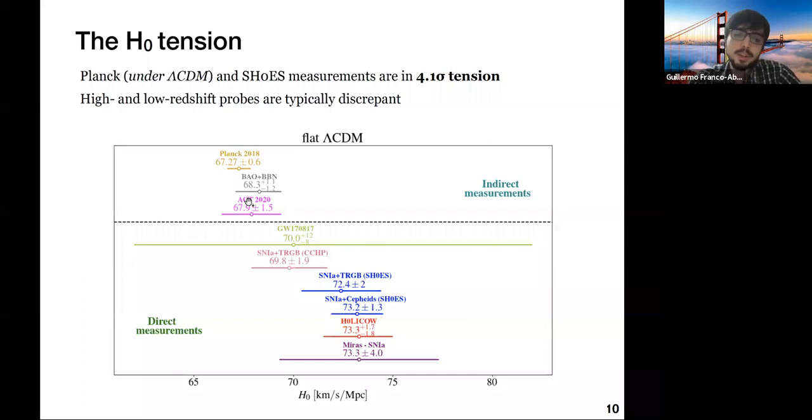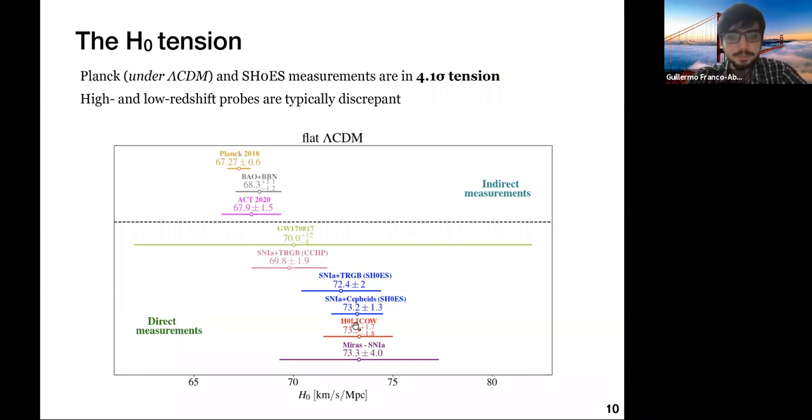On the other hand, when you look at observations that measure the Hubble constant more directly using some low redshift information, you typically get values that are higher, such as, for example, the SH0ES measurement that I was mentioning before that calibrates the supernovae with Cepheids, or also other observations that use the